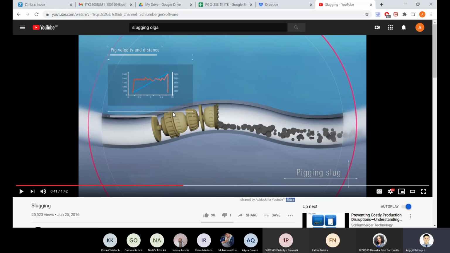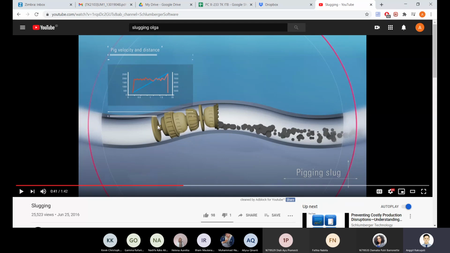So every once in a while, let's say once a year or twice a year, or maybe every 2 years, the pressure drop starts to accumulate. Why? Because it's unavoidable to have some accumulation at the bottom of the pipeline. So when that starts to happen, the company will start to arrange the maintenance, the cleaning of the pipeline.